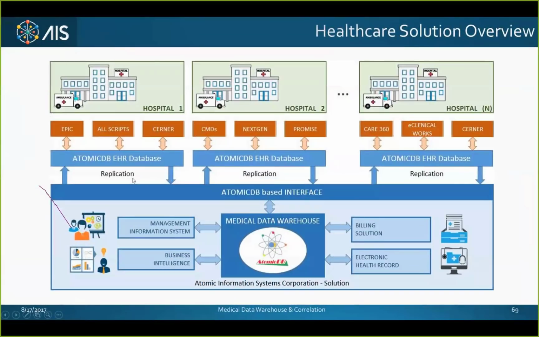So essentially what it amounts to is Hospital 1, Hospital 2, regardless of what system they're running, whether it's Epic, Cerner, Allscripts, can be extracted into Atomic Information System, Atomic DB. Atomic DB then can turn around and either create business intelligence, which is what we're doing now. We can create management access and write back to the system if necessary. We can incorporate a billing solution and evaluate and audit that. And of course, we're also working on a new flexible EHR record system that would allow interactivity between the doctor, the patient, and the billing system.